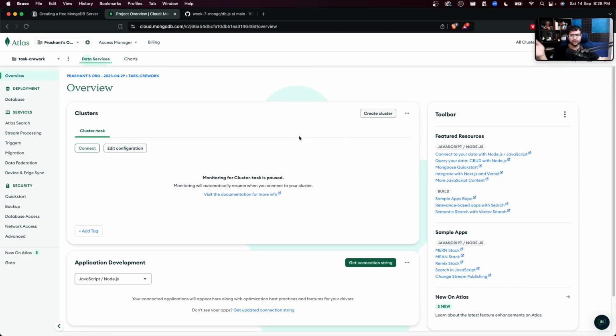I am not a new user, so I'm going to give you guys 30 seconds. When you sign up, it'll ask you do you agree to these terms and conditions, things like these. Approve them, agree to them, and then quickly try to reach this screen over here where there is a button called create cluster. Clearly it is telling you, okay, let's create a MongoDB cluster. Of course, a free one for now, but this button will let you create one. So I'm going to wait for 20 more seconds for you to